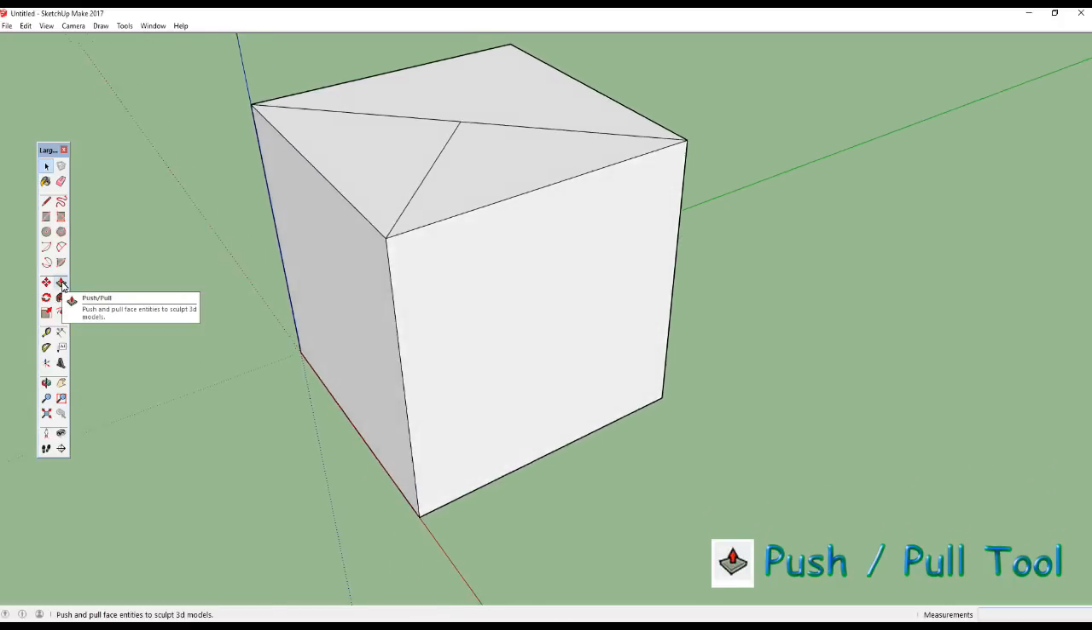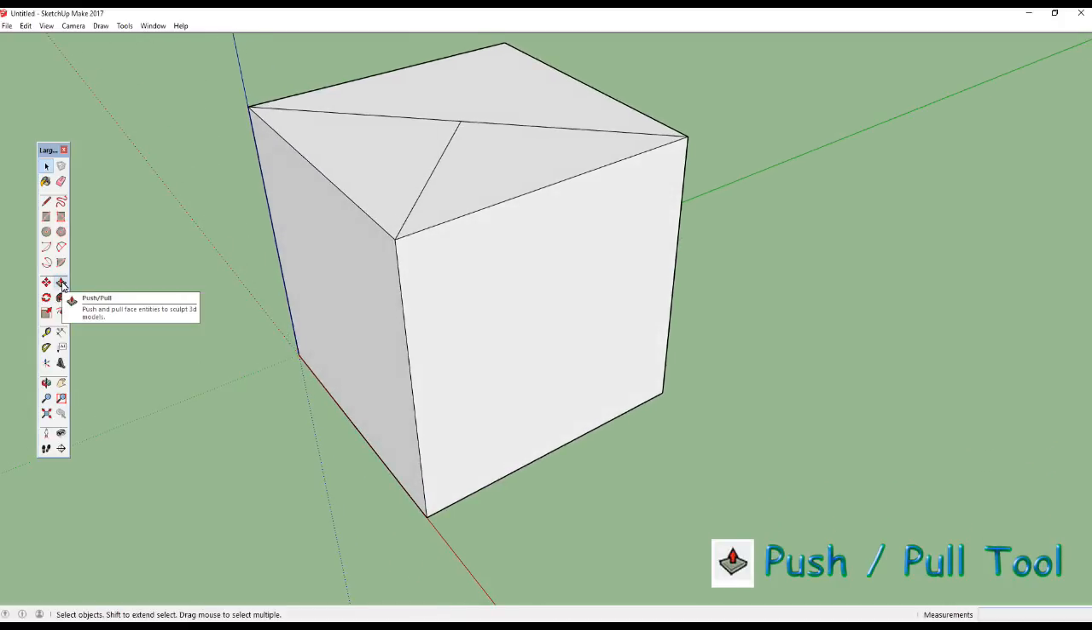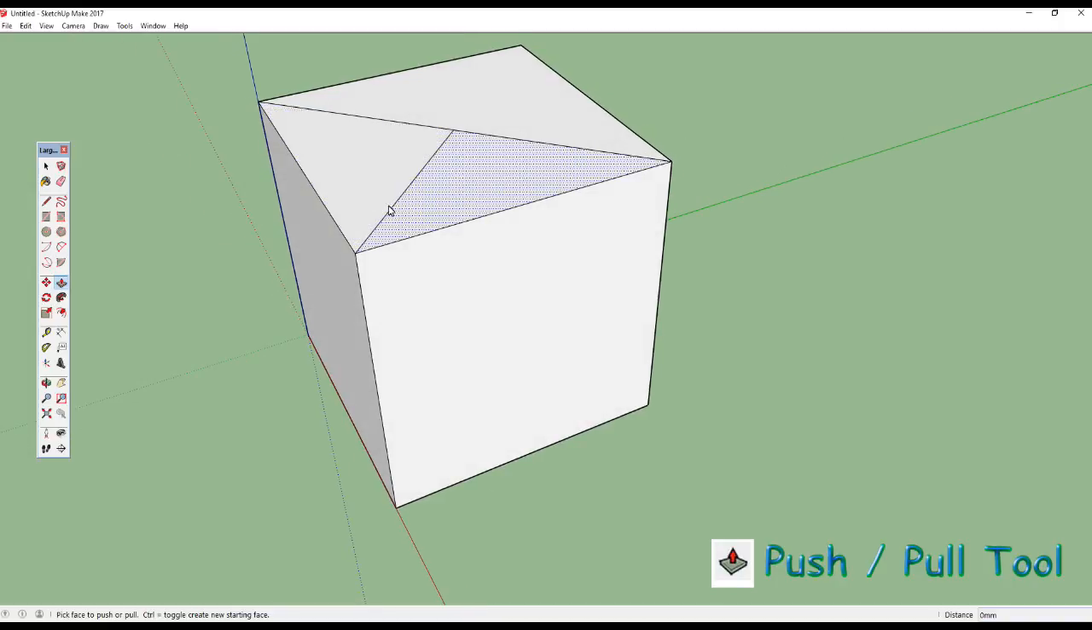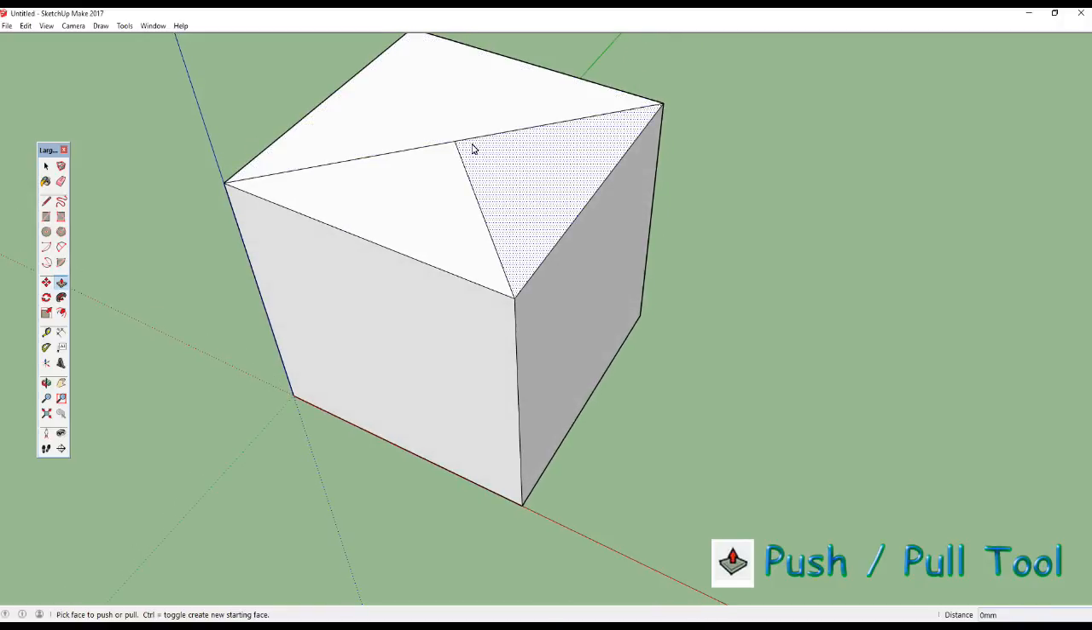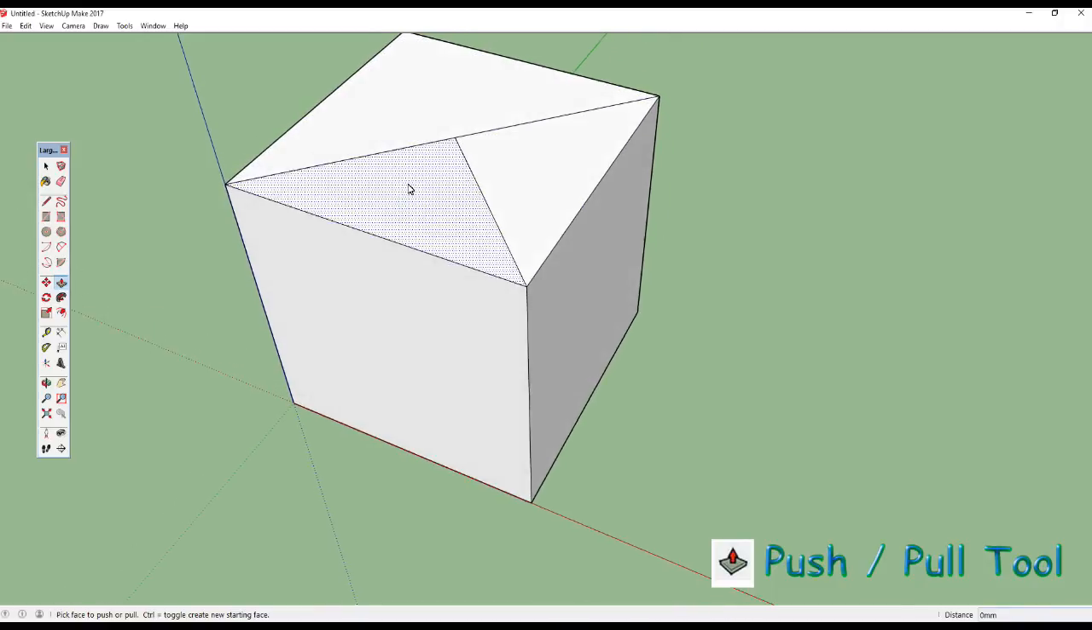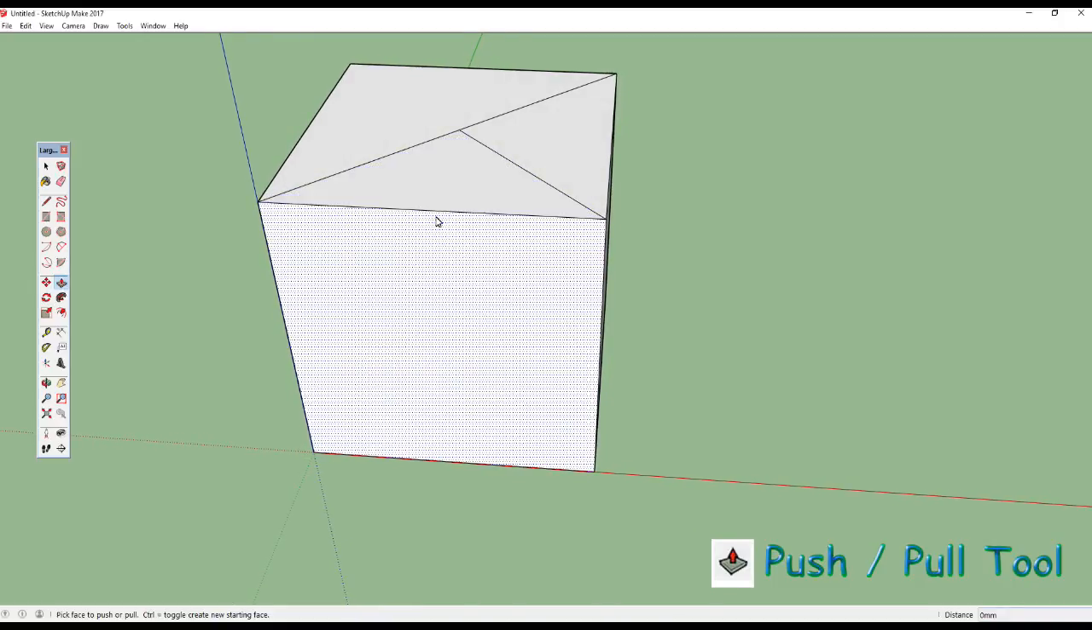Right, there's the push-pull tool. You can also get to it by pressing P on your keyboard. Now it automatically selects whatever face you're on. You can see it's all changing colours, that sort of greyish blue colour. It automatically selects those for you, and that tells you what face you're about to push pull. Now if I go on this face here and I click once and I move the mouse down, now watch,